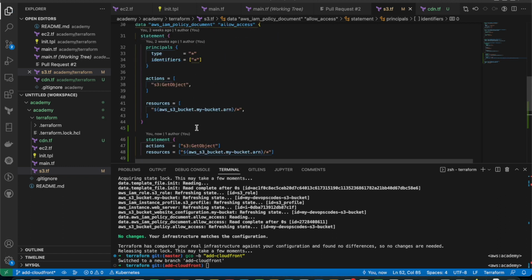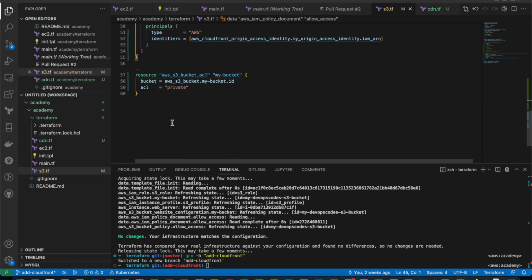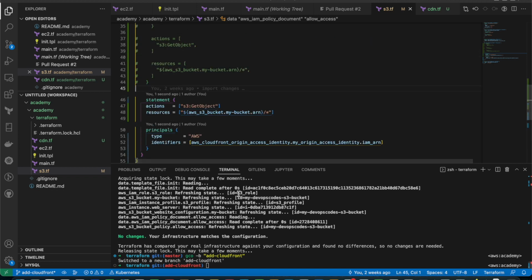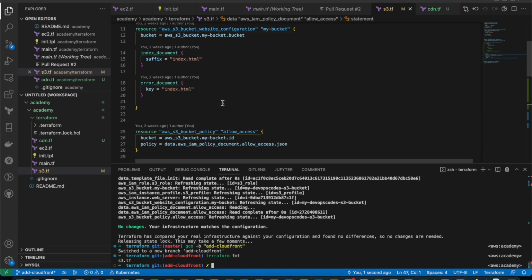Okay, and we can comment out public access for a while, and we're gonna see how it will be. Of course, you can use Terraform format. That will make it nicer for us. Okay,